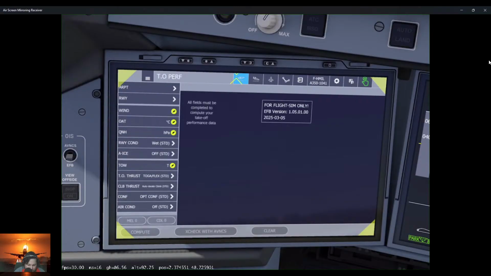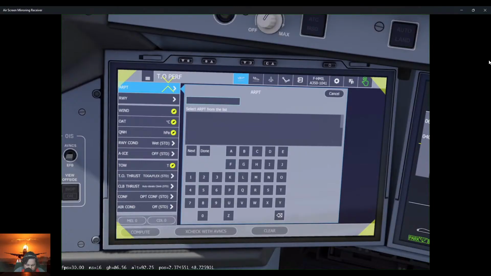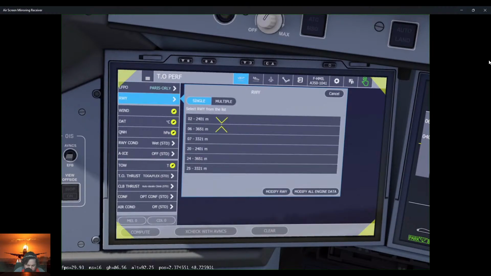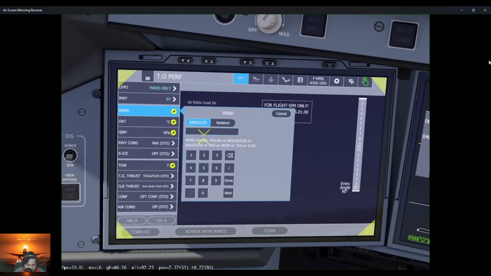Okay, let's plug in LFPO. We have runway 7. Wind right now is